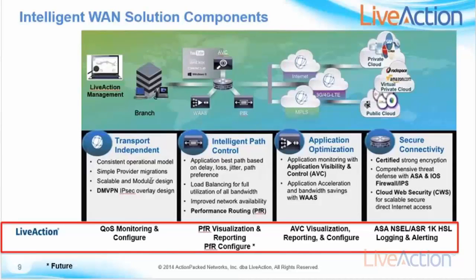But what better way to realize the IWAN benefits than to show the result visually, and that's where LiveAction comes in. So in this diagram, we, sorry,